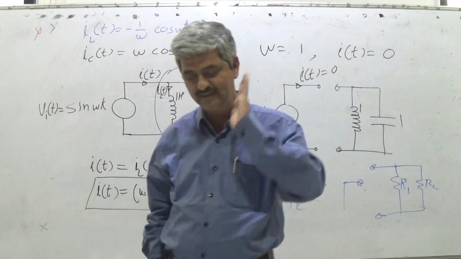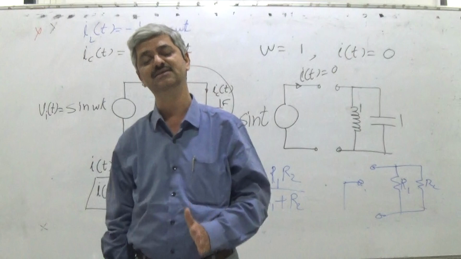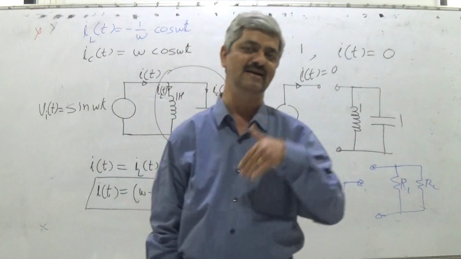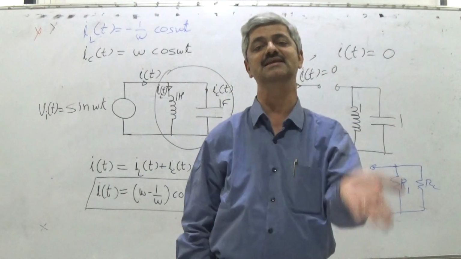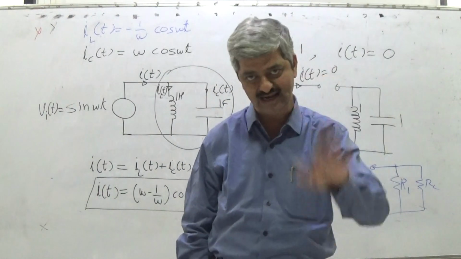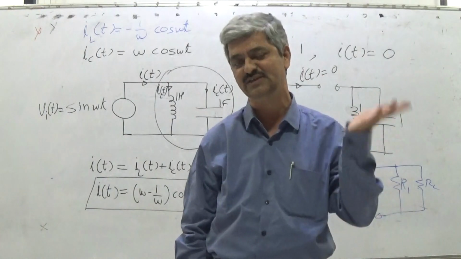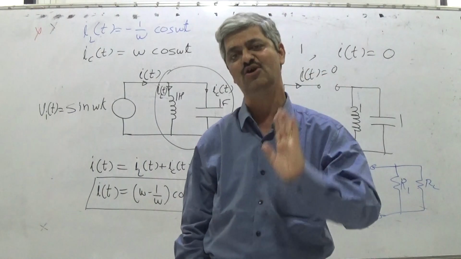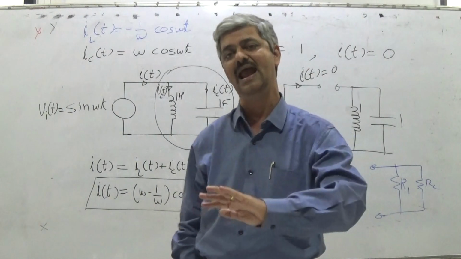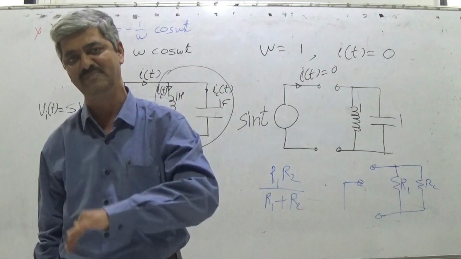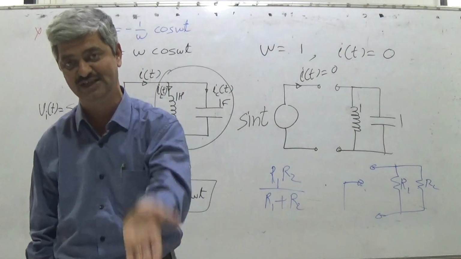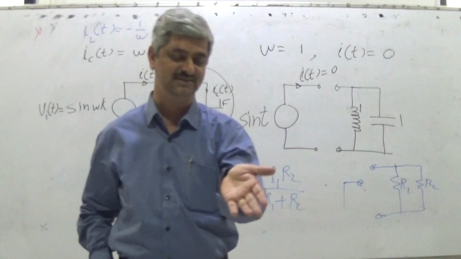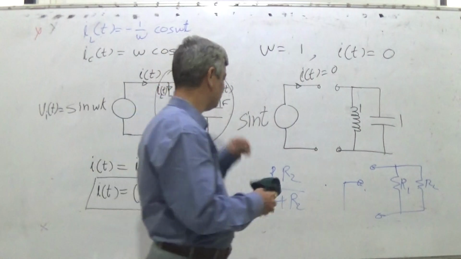So resistance and reactance together we can call impedance. Impedance can comprise only resistance and capacitance, resistance and inductance, or all three. When inductance and capacitance are connected in series or in parallel, they effectively act as either inductance or capacitance depending upon the frequency of operation, or they act as resistance, or they act as infinite resistance. I will show it very easily now.